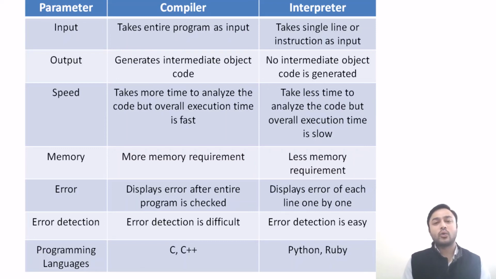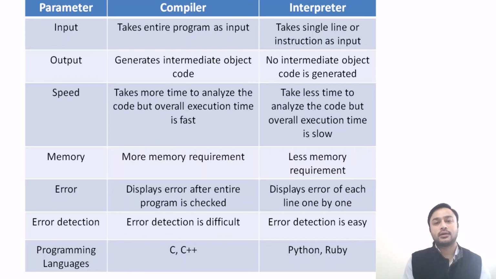In case of interpreter it takes less time to analyze the code. वहां पर लेस टाइम क्यों लग रहा है कोड को एनालाइज करने में, क्योंकि वो एक लाइन को एनालाइज कर रहा है। So it is taking less time to analyze, whereas in case of compiler it is taking the entire program, so it is taking more time to analyze the code। बट ओवरऑल एग्जीक्यूशन की अगर हम बात करें इंटरप्रेटर के केस में, तो वो स्लो है। क्यों? पहले वो एक लाइन को एग्जीक्यूट करेगा, फिर दूसरे लाइन को एग्जीक्यूट करेगा, अगर उसमें एरर है फिर उस लाइन को मॉडिफाई करना पड़ेगा, फिर तीसरे लाइन को एग्जीक्यूट करेगा, अगर उसमें फिर एरर है फिर उस लाइन को मॉडिफाई करना पड़ेगा।